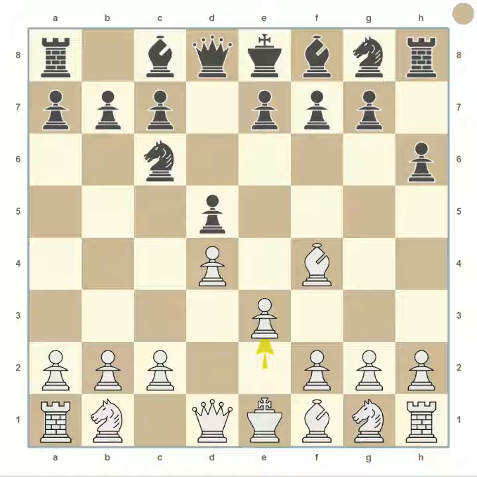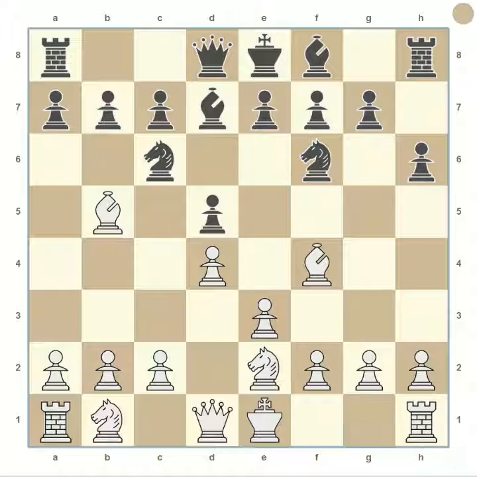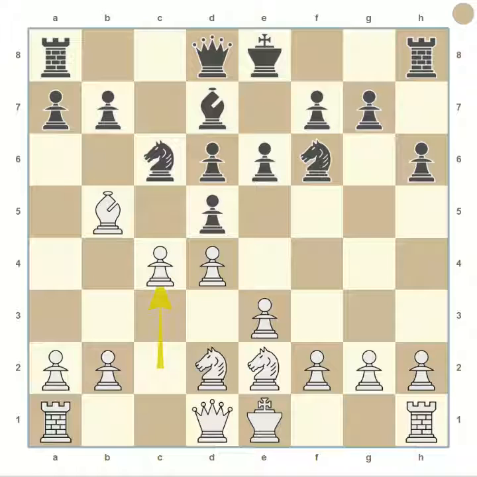h6, e3, knight to f6, bishop to b5 pinning, bishop to d7 unpinning, knight to e2, pawn to e6, knight to d2, bishop to d6 proposing exchange, white exchanged, pawn to c4, pawn to a6,